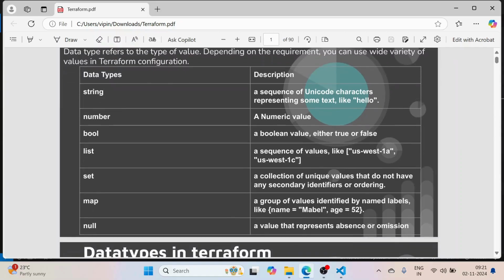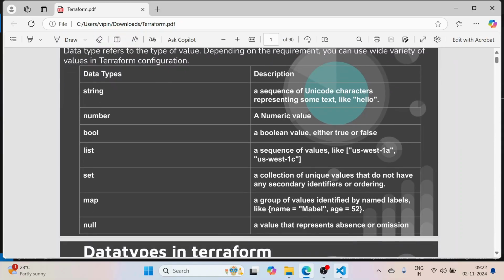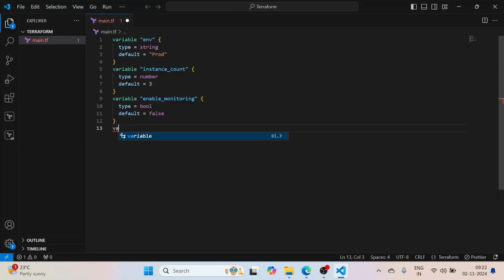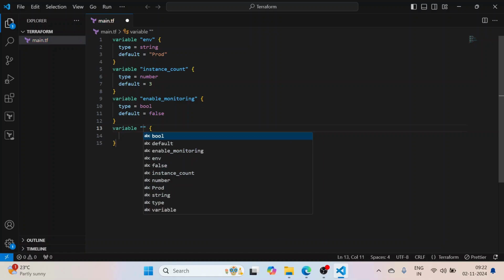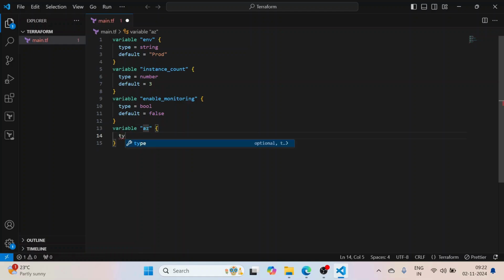So another data type we have is list. Okay, so create another variable, availability_zone, and the type will be list, and this list will have strings. Okay, and the default value is us-east-1a. Okay, so let's just copy this